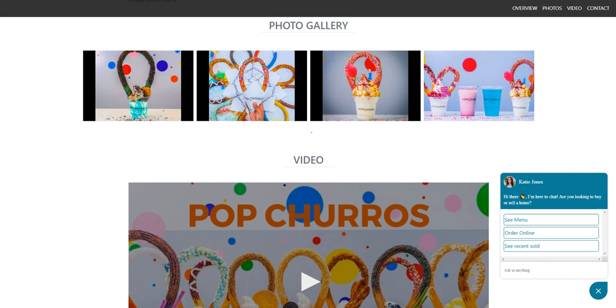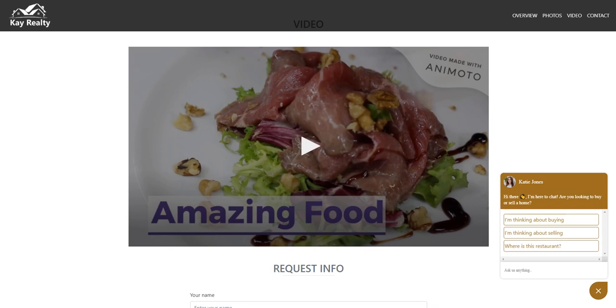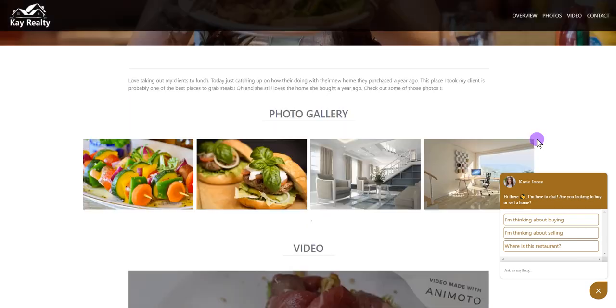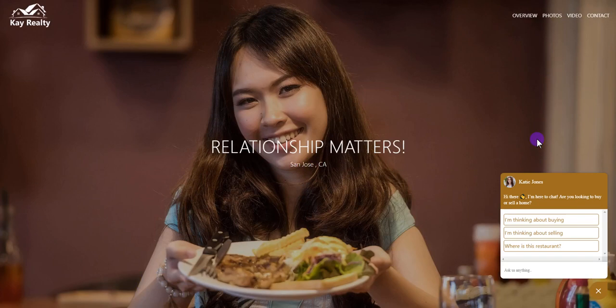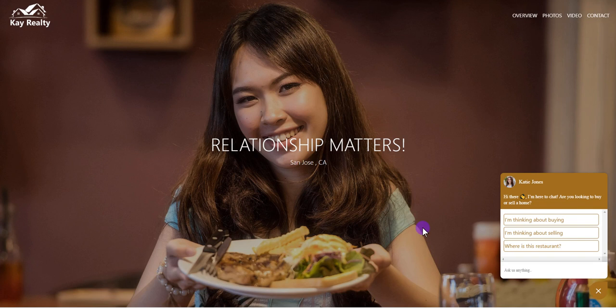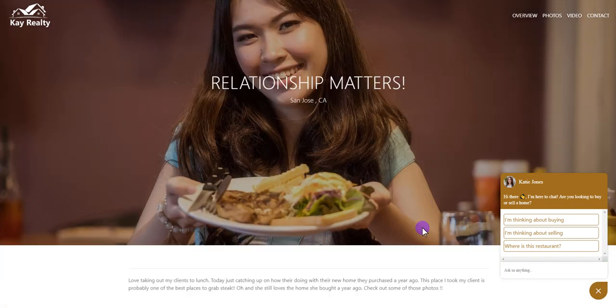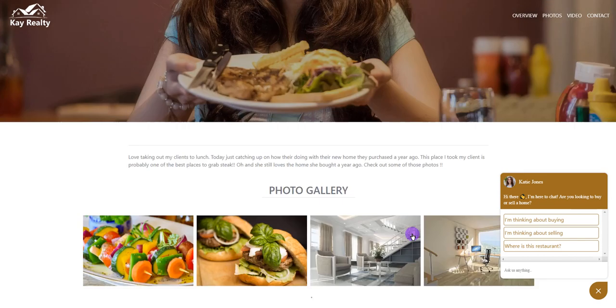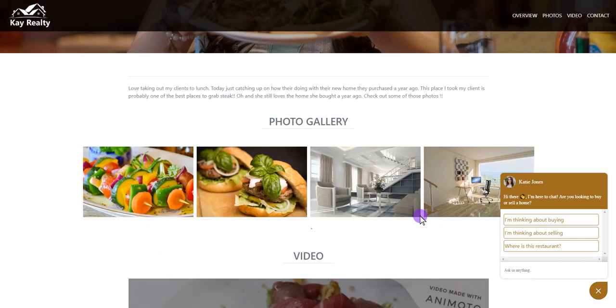Now, outside of business spotlighting, you can also capture the experience of a home being sold or being bought. We call this a client appreciation post. You can create an entire website dedicated to your client to capture the experience post-transaction. So after a home you just sold, you can take them out for dinner, lunch, or give them a gift. Take a few photos of that, put that together, and include also the home that you helped them buy or sell,